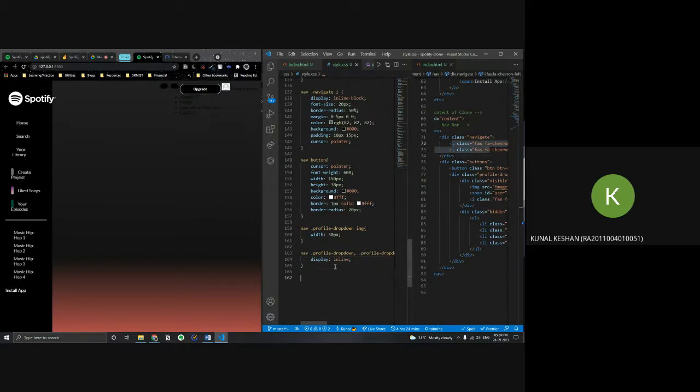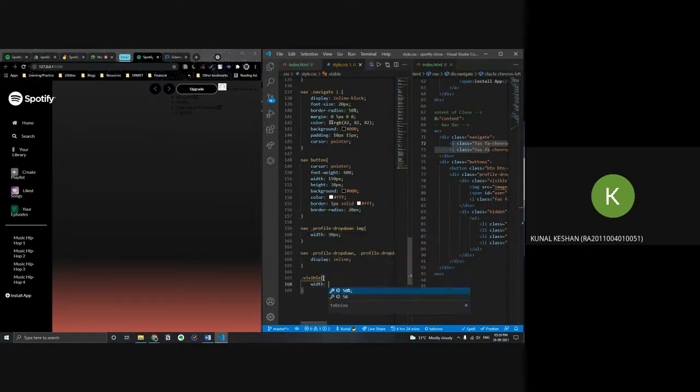Next, we'll style the user button. So you can just go dot visible over here. You get the idea of why we're doing this. We know that within the nav there is a profile dropdown, and within the profile dropdown there is the visible element. Or you can simply directly target the visible element with its class. We'll give the same styling as the other one. But since there is the image, we have to accommodate that as well. Remember we gave 30 pixels, so 30 plus this width gives 180. We can get this down because it's a separate element.